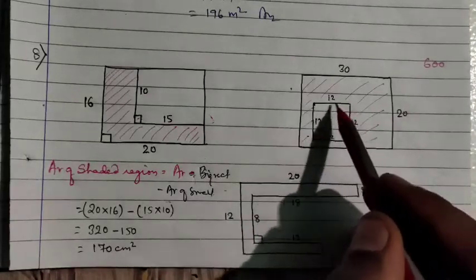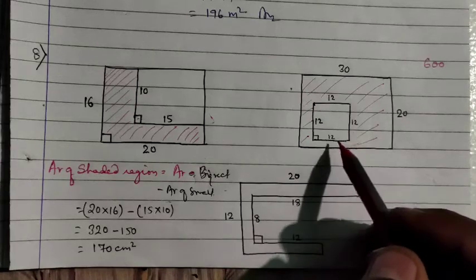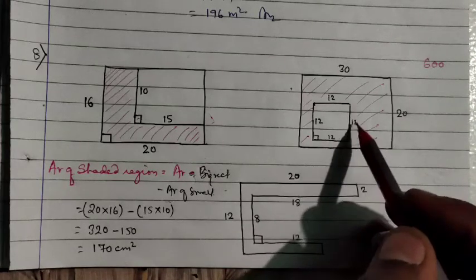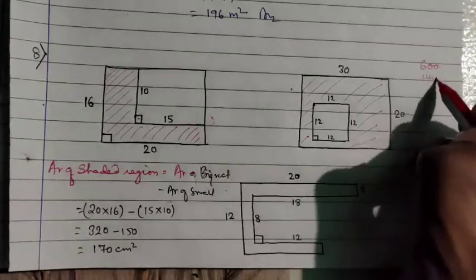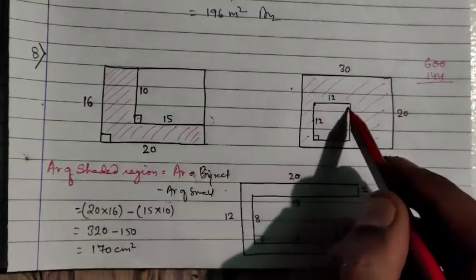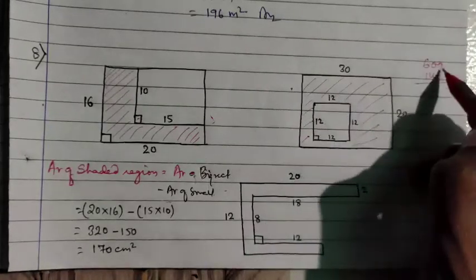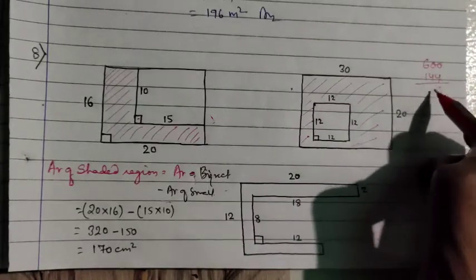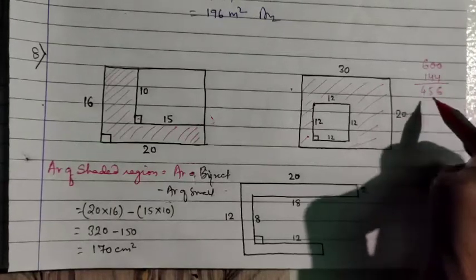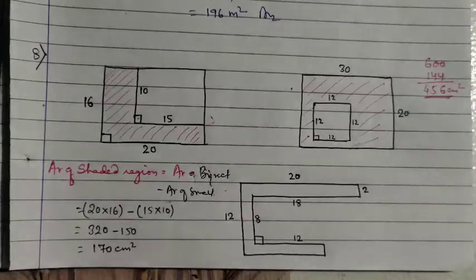Inner side we can see that this is a square, and the area of square is side square, that is side into side, 12 into 12, 144. If we subtract the area of square from the area of rectangle, if this much is cut out, then only the shaded portion will be left, so we will subtract it. 10 minus 4 is 6, 9 minus 4 is 5, 5 minus 1 is 4. It's 456 centimeter square. This will be your answer.